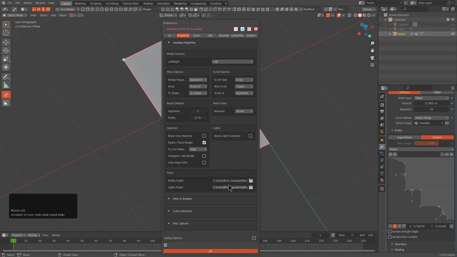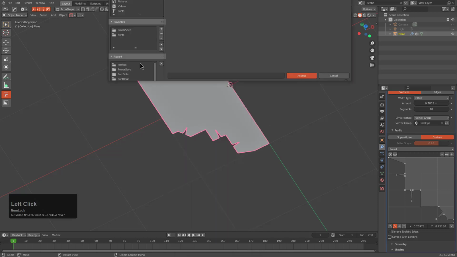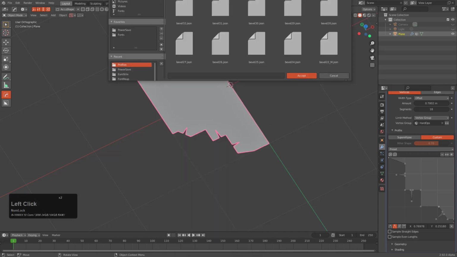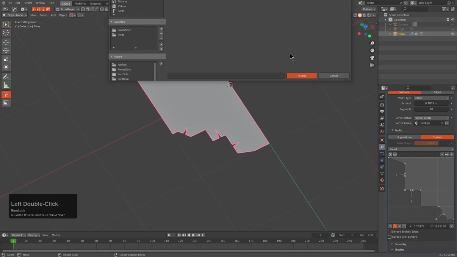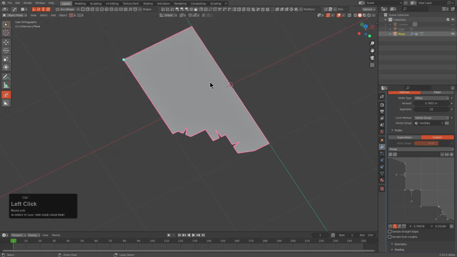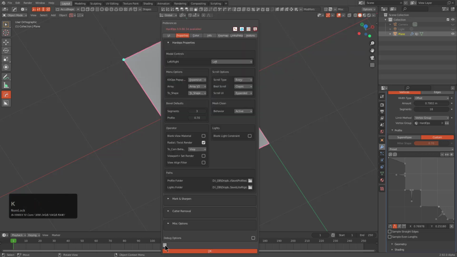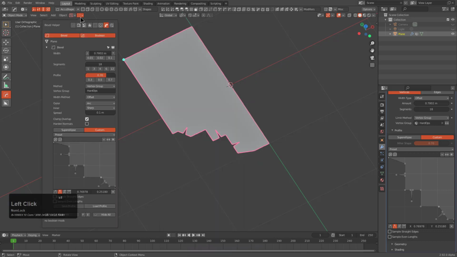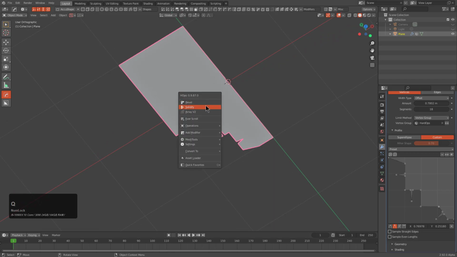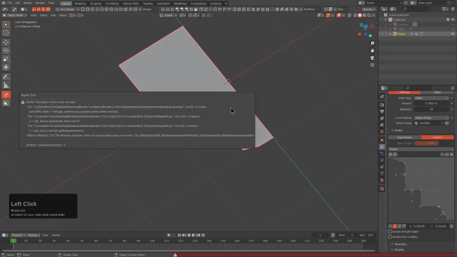so when I press Control K, we can look at our paths and just make sure that our profiles are set to the right profiles, for example. And we don't even have our light set to the right light profiles either, so let's just set that to light rigs. And with Control K, we can also save our preferences, so we don't have to deal with that again. And we have saved our profile, so that means, best of all,